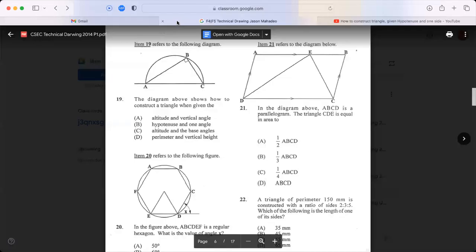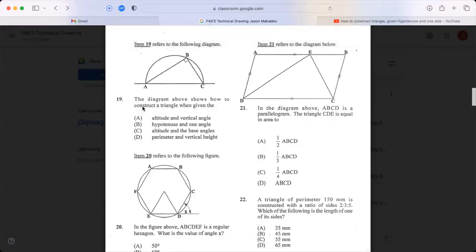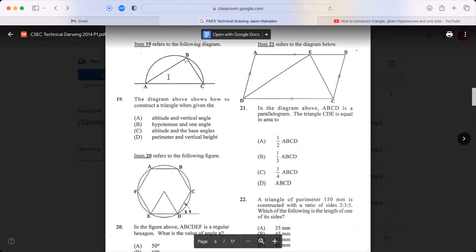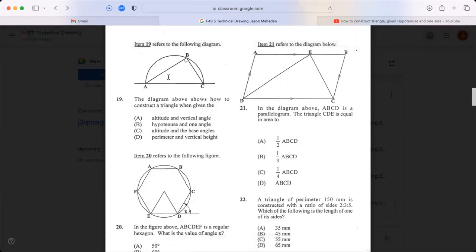All right, so question 19. Sorry, Caleb, for 19. I put B. Daniel. I put C. Okay, so the answer here is B. It's a hypotenuse and one angle. Let's see, what's the best way to describe this? A hypotenuse